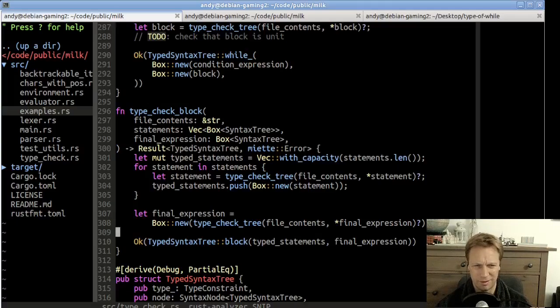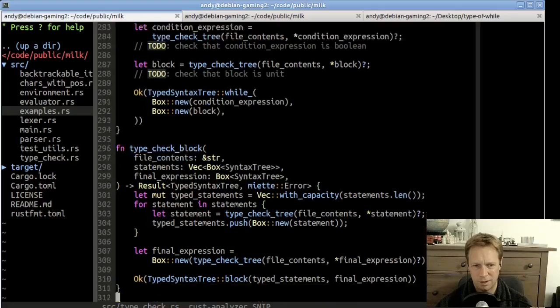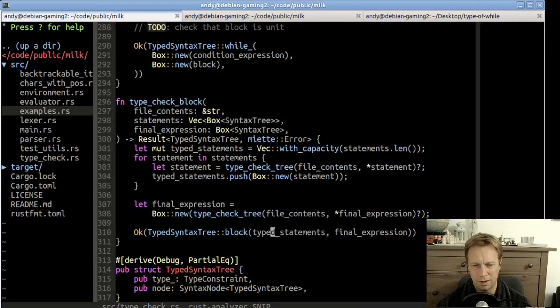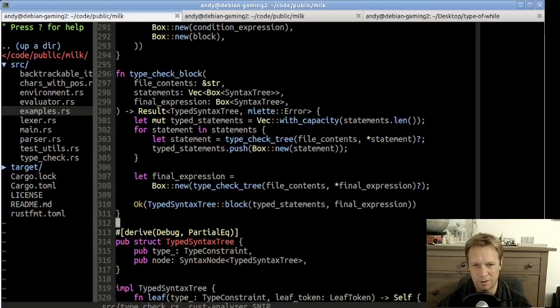All right. Where have we got to? We now have a while statement and a block, both type check. We don't do anything clever. So the question is, we had a to do up here, which was check that the conditional expression is Boolean, check that the block is unit. Here, I feel like in the while case, this is the same. Saying that check the block is unit is basically the same as saying that check the type of this block that we just type checked, and the type of